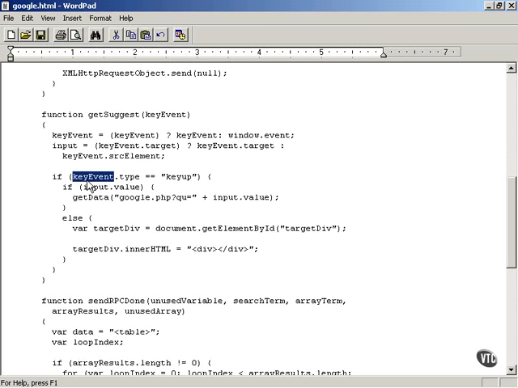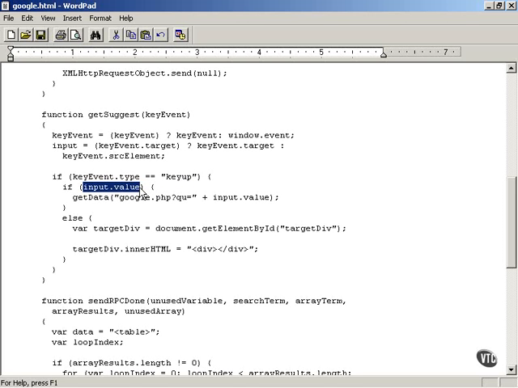So we're going to check here to make sure that keyEvent.type equals keyup, just to confirm that the user did indeed release the key, in which case we can start to search for matches to the partial search term they've already entered into the text field. And so we first check to see if there is data in the input field. The input variable now holds the text field object in the web page, and if there is text in it, then its value property will be non-null. And so you say if input.value, which means if there is text that the user has already entered as a partial search term,